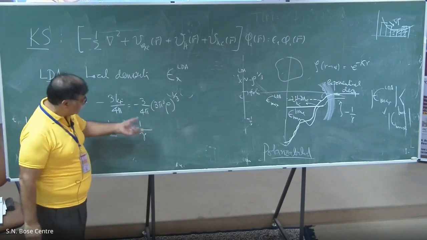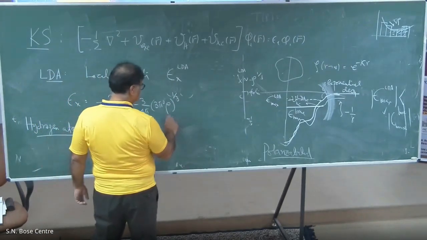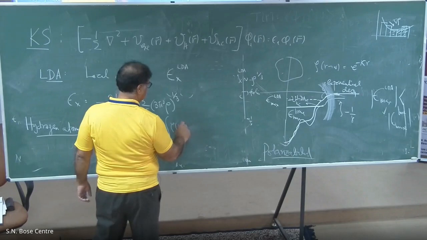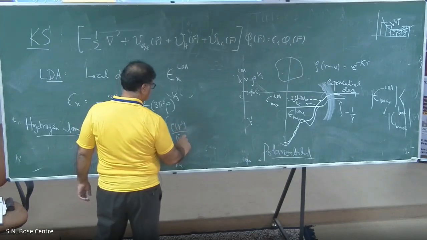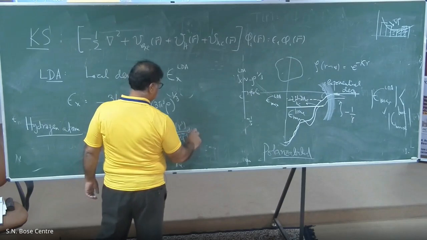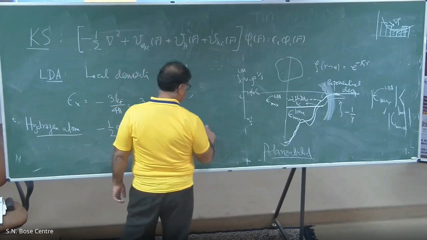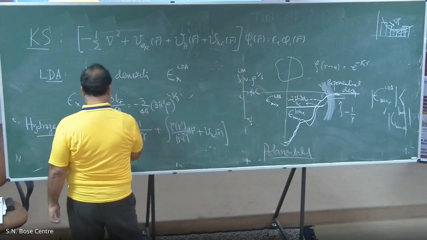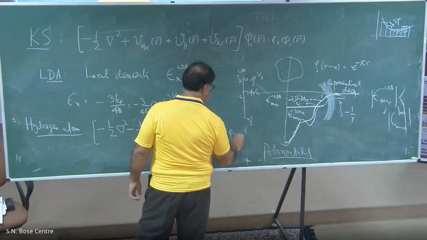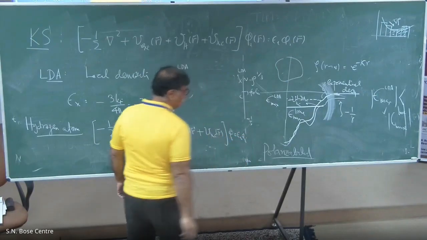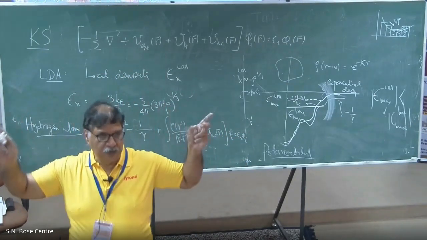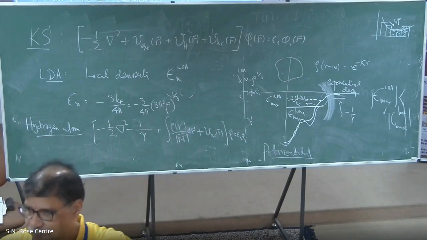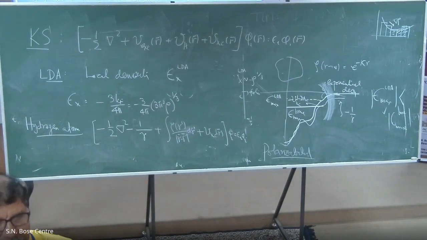That's kinetic energy, external potential, plus integration rho r prime over r minus r prime, dr prime, plus V_xc r, psi_i equals... Right, from the DFT point of view, because once I have a density, I should be writing everything. Isn't it? I should be writing the Hartree potential, I should be writing the exchange correlation potential. But if it is a hydrogen atom,